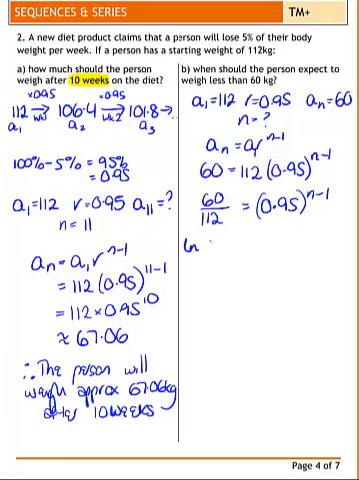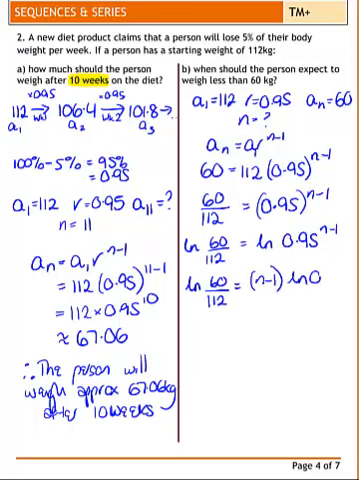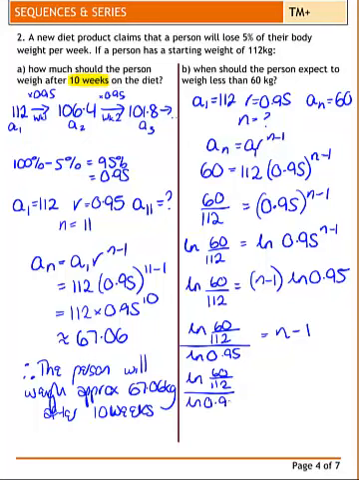I'm going to take the log of both sides so I can solve it. Remember, we take the logs when we want to get an exponent. Bring that exponent down. So I end up with n minus 1 times ln 0.95. I can now divide both sides by this log. And now I'm going to add 1 to both sides to get n on its own. So you can see I haven't approximated at any time in this question. And what I'll end up with is n is approximately